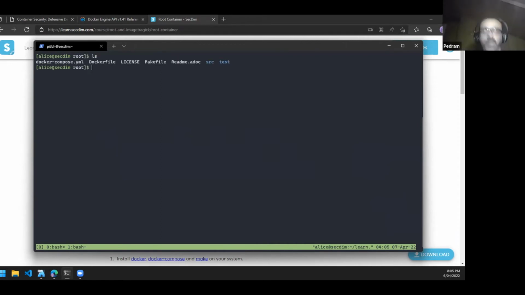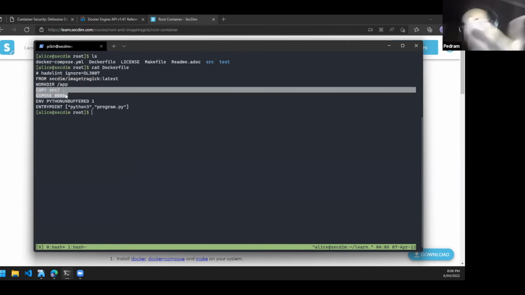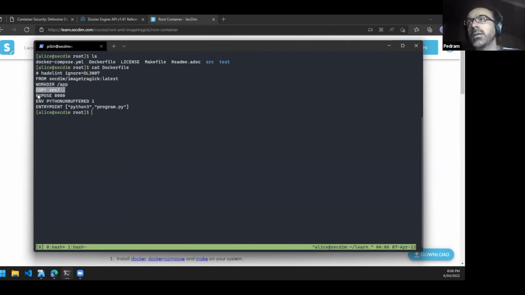Let's just go through it. It's a Dockerfile. This is coming from a very trusted source because there is a name, secteam, behind it and everyone has to trust them. Just run it as root. No, don't do it. It comes from here because I needed to set up some libraries, that was all. But effectively, it sets the workdir as app, copies the source, which we will look at a little later, exposes port 8080, nothing really crazy here, and eventually the entry point is this